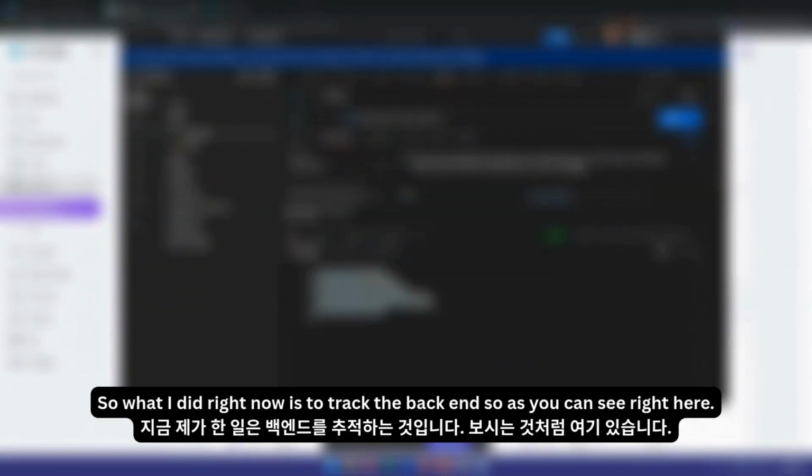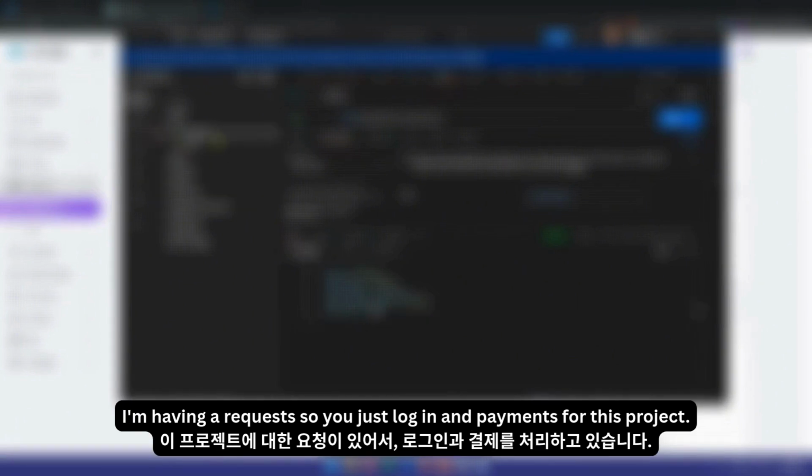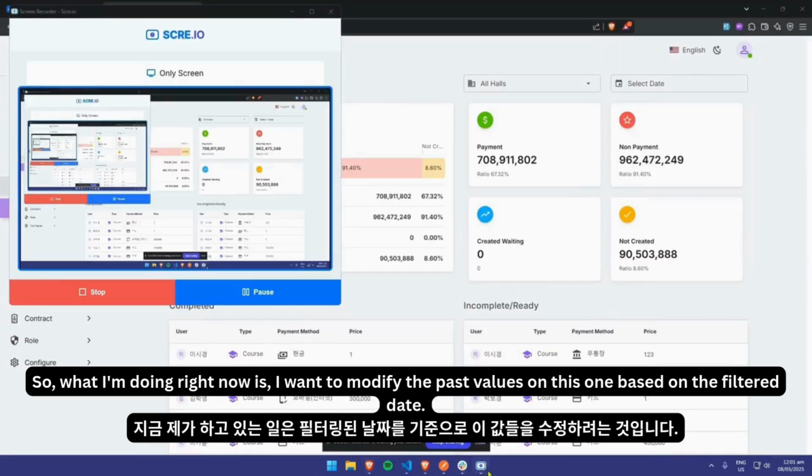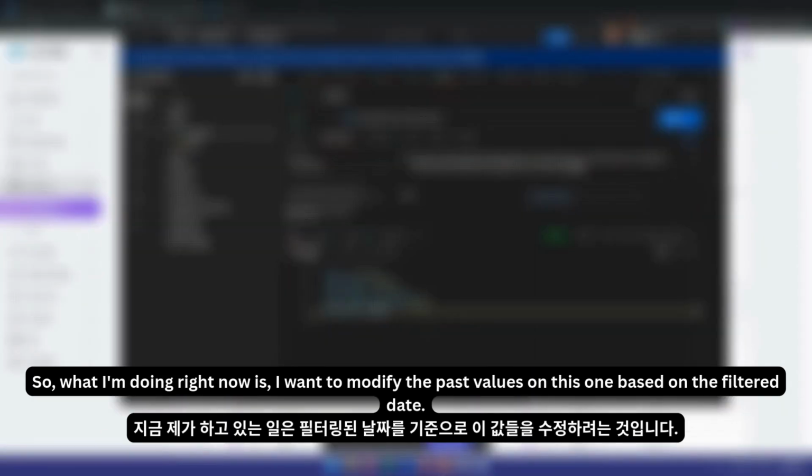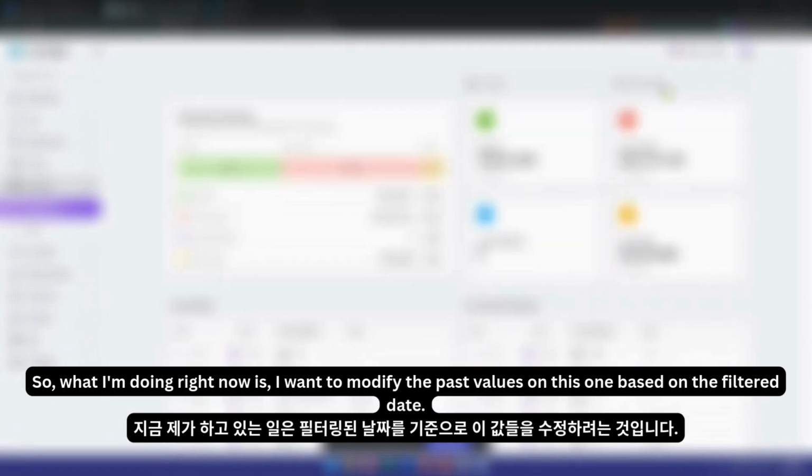As you can see right here, I have two requests, which are login and payments for this project. What I'm doing right now is I want to modify the past values on this one based on the filtered dates.